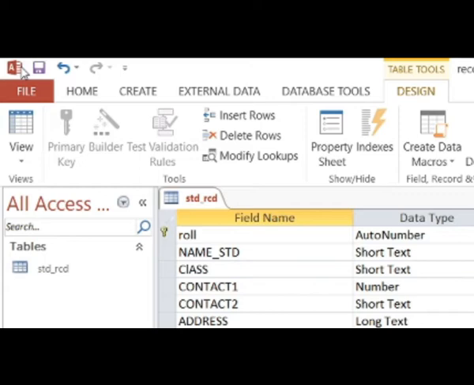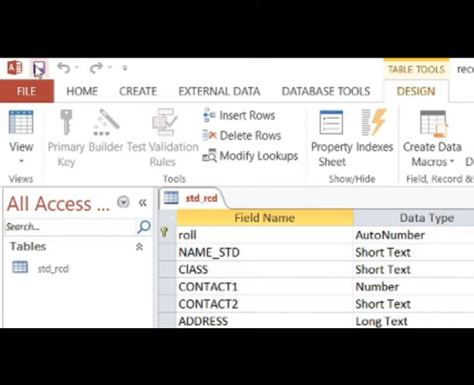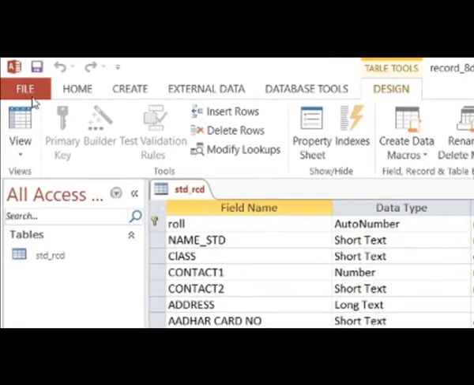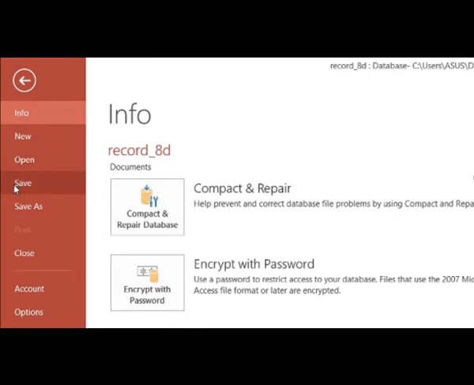Now after creating, you click on the save icon. Can you see the floppy? There are many ways. First is this floppy icon. You click on this and the table design you have created will get saved. One more option is there. You can click on the file tab, and from there you will see multiple options, and one of the options is save or save as. You click on the save option. This is another way to save your table.